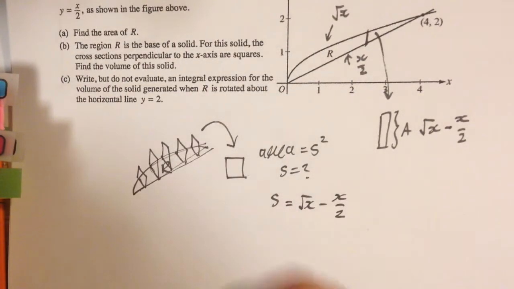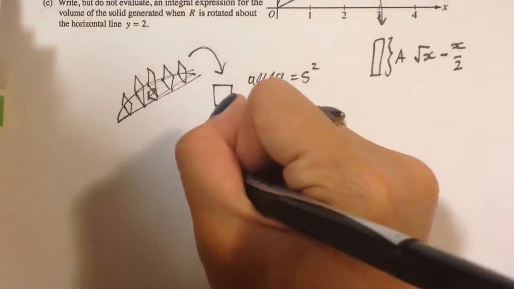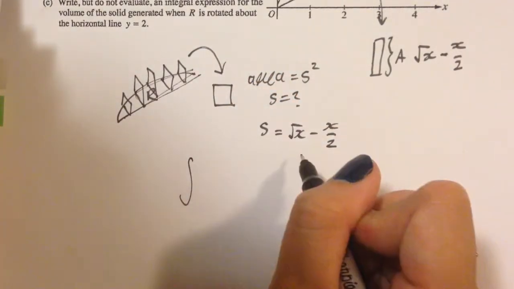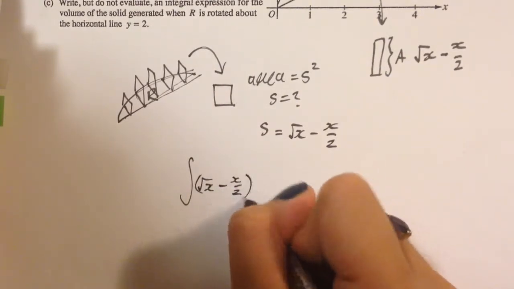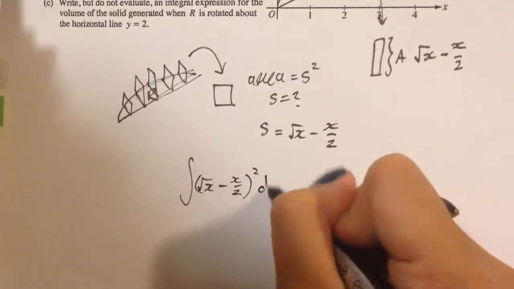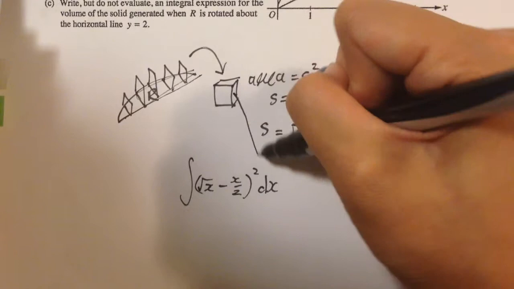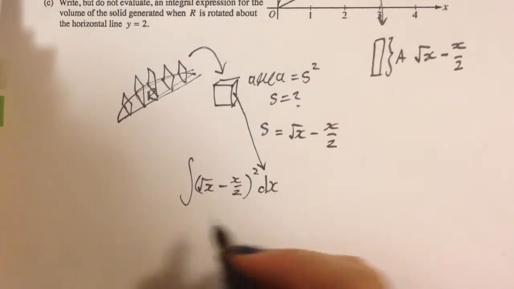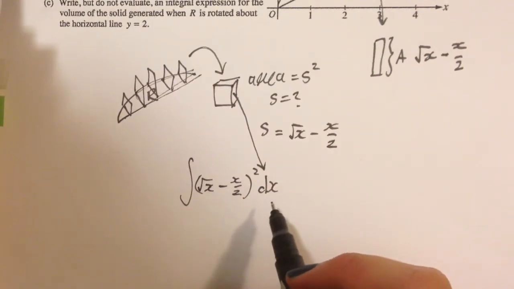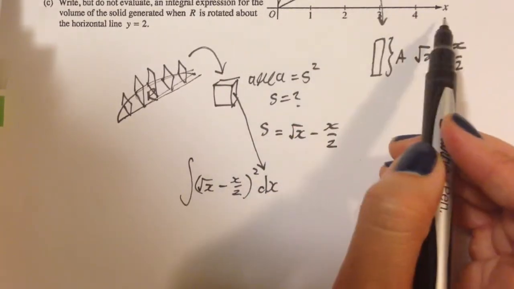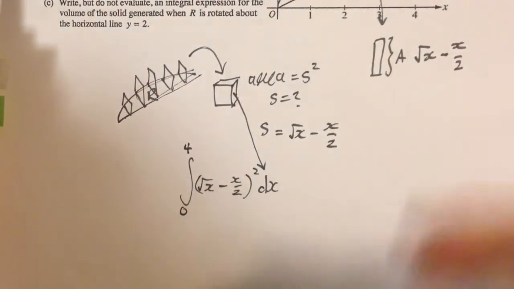So we're going to add all of these teeny tiny squares up to find the final volume. So we're going to integrate it. And we're doing s squared, which is the square root of x minus x divided by 2, squared. And we're going to add a dx, because remember, this square actually has a teeny tiny width here, and that can be represented by dx. We're trying to find the lower and upper limit, and we know because we're integrating with respect to x that we should look at the x-axis, and we know it starts at 0 and it ends at 4,